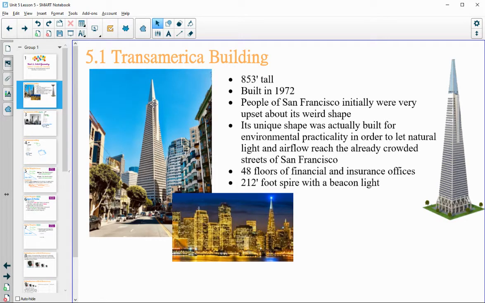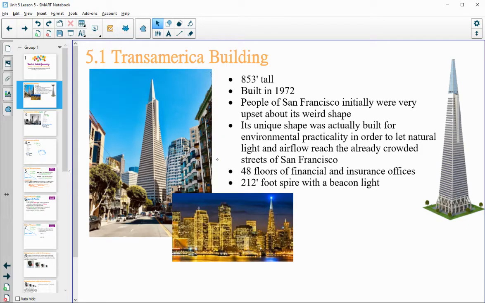But it was actually designed for environmental practicality. So in order to let, like it says here, natural light and airflow reach the already crowded streets of San Francisco. So to kind of open up some of the space around it and let light